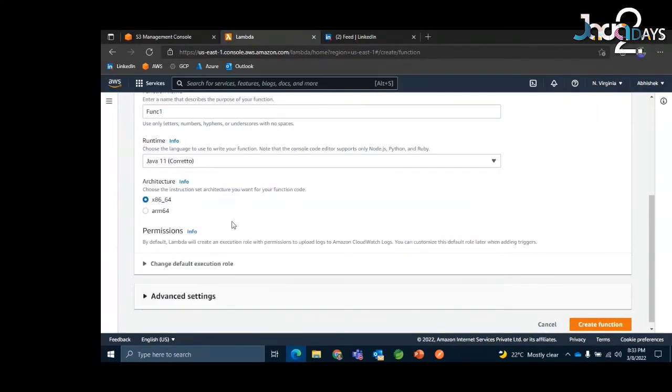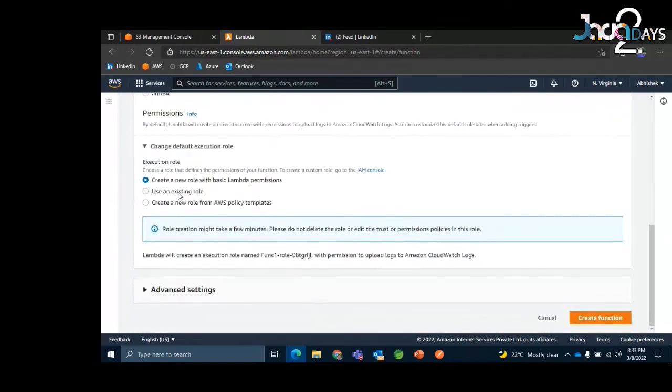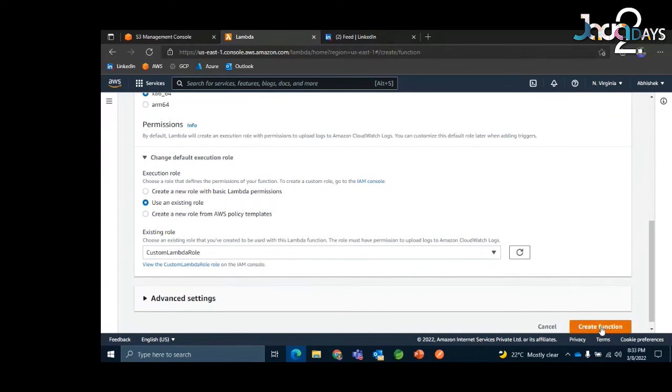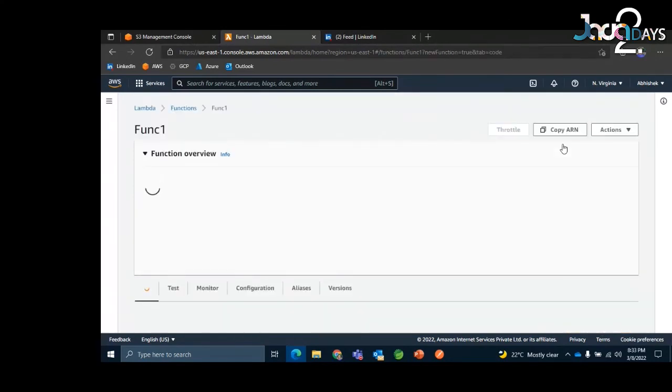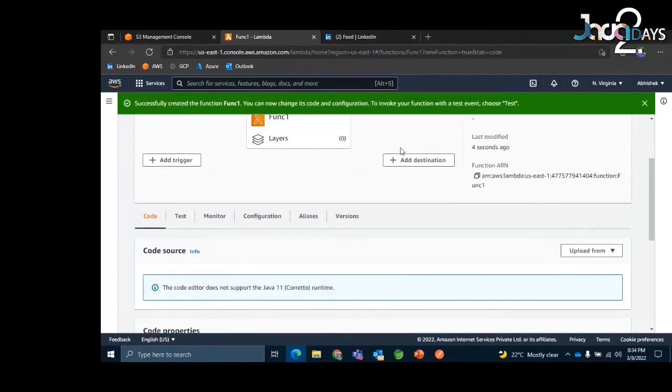So mine is 11. Then for the role, I will add the one which I created as custom lambda role, and I'll say create a function. So this will add a function for me. But if you see, no EC2 instance will be created for it. That is not going to be visible to us.